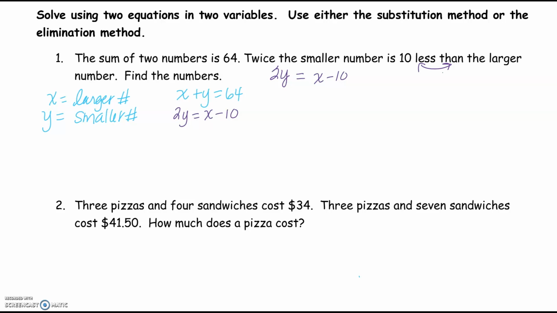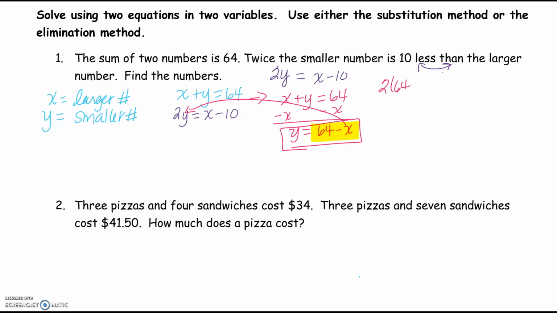I think I'm going to solve this using substitution, but I am not going to divide the second equation by 2 to do it, because I'm going to end up with a fraction. So what I'm going to do is I'm going to take that first equation and I'm going to solve it in terms of y. To do that, I can subtract x. Feel free to solve it in terms of x and subtract y if you want to. Now I'm going to take y equals 64 minus x, and I'm going to plug that in for y in the second equation. When I do that, I get 2 times the difference. I'm going to do it over here. 2 times 64 minus x